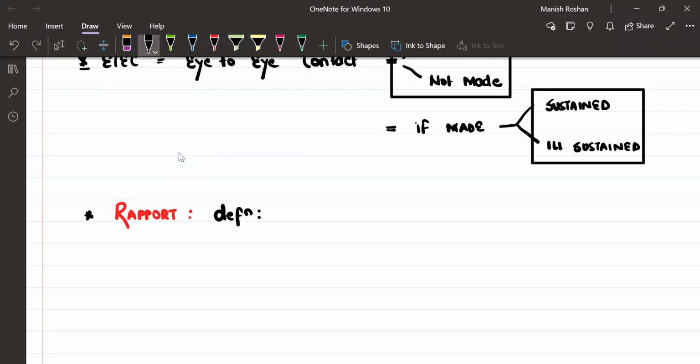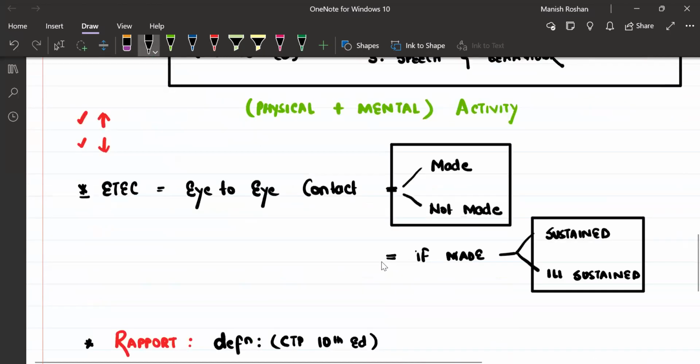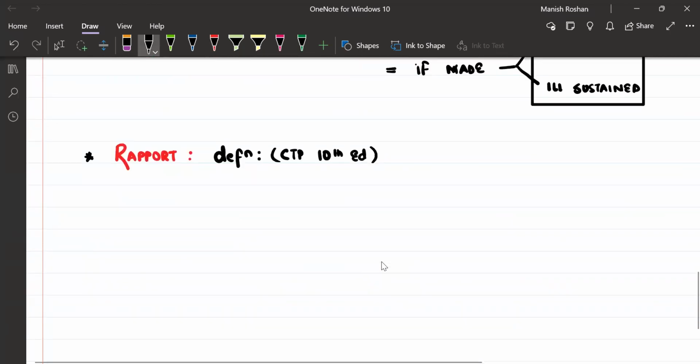So what is rapport according to CTP 10th edition? By the way, the three core components were also according to the CTP 10th edition. So the definition of rapport is